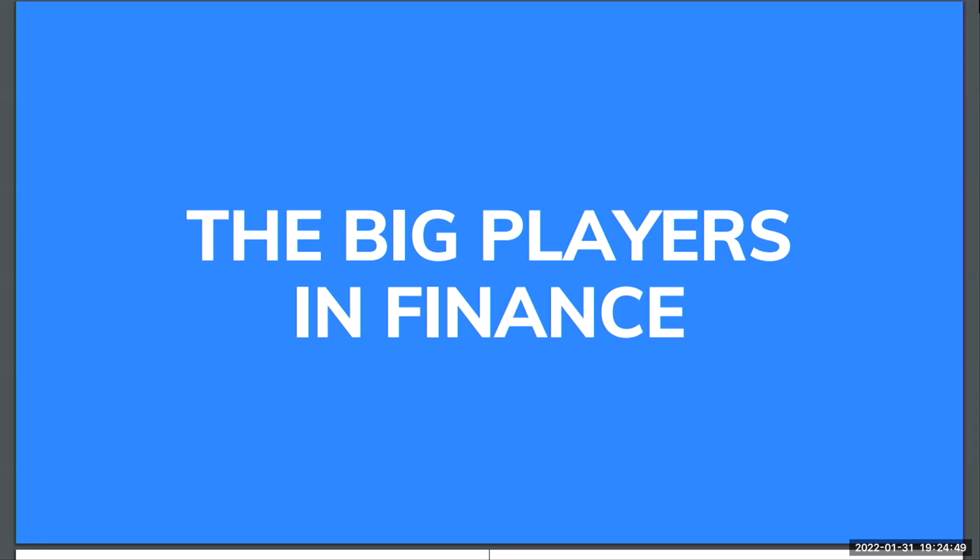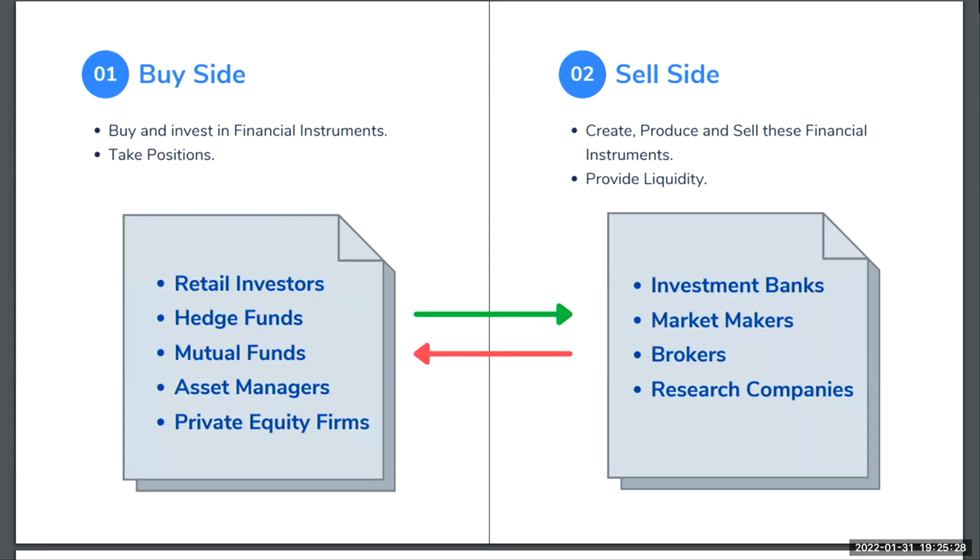If you understand how the big players in finance work and how they move the markets, it's a good thing, because then you won't be taken by surprise. If you don't understand how the central banks work, and how investment banks are linked with central banks and hedge funds, and what they want. Because these people move things. If they want a certain thing, there's a good chance that they will have it. By understanding how they work and what they want, it's better for understanding what's happening in the markets, because if you understand what happens in the markets, you can make better predictions in a sense. So yeah,